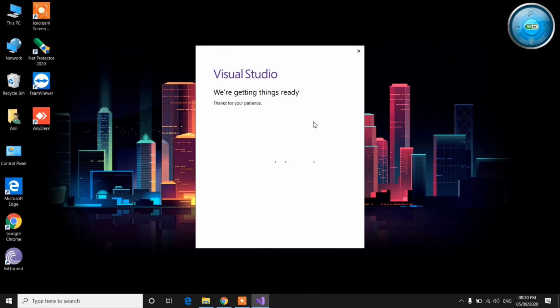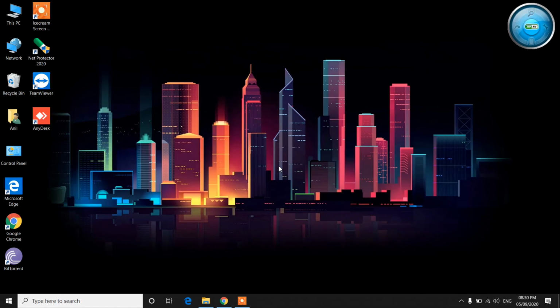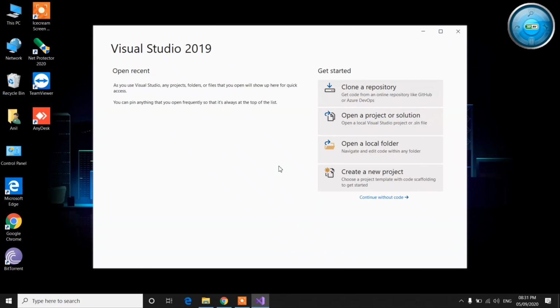So it has logged in successfully. Now it's preparing for first time use.